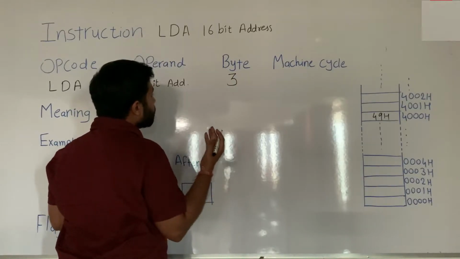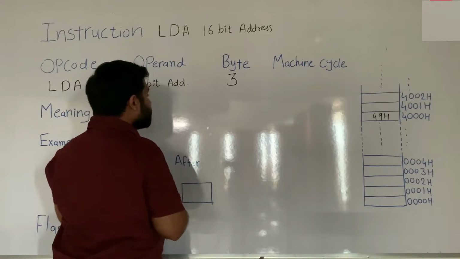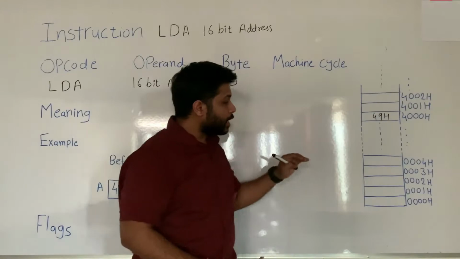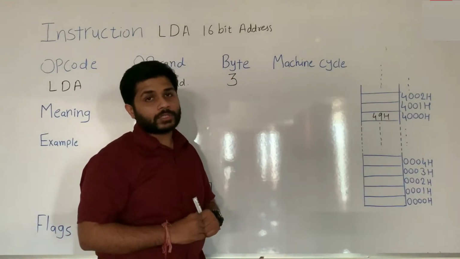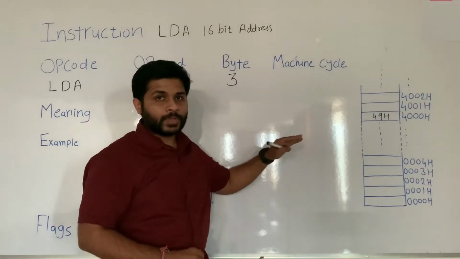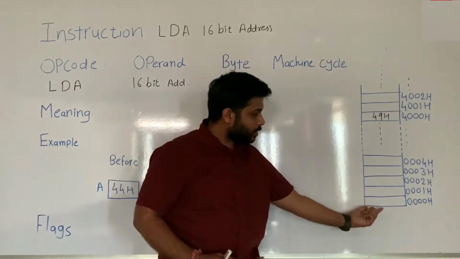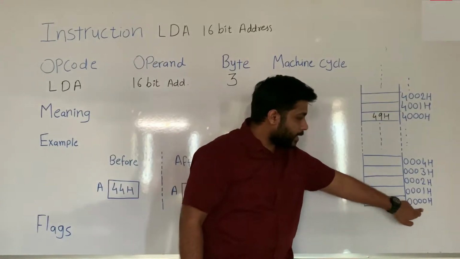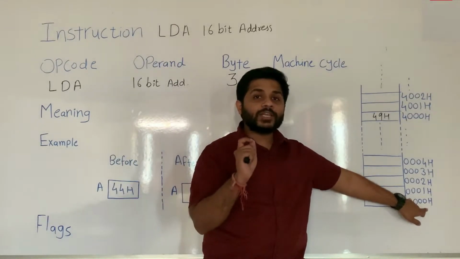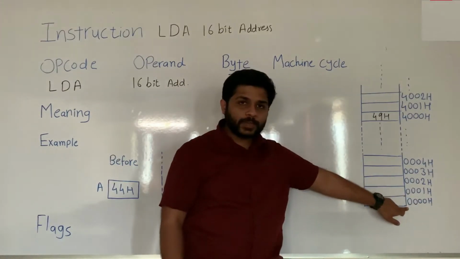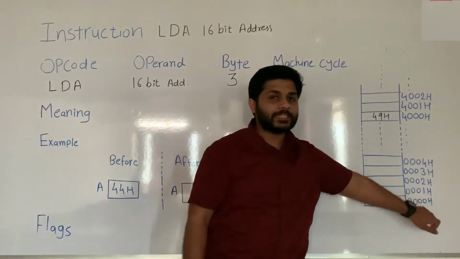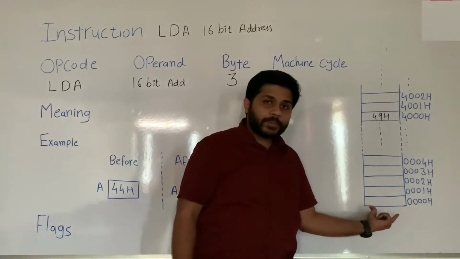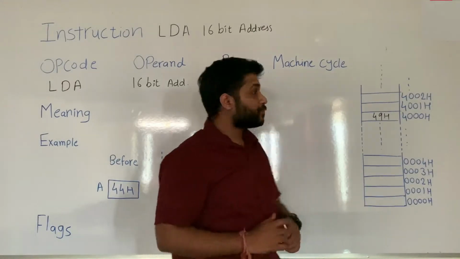Now what is the meaning of a 3 byte instruction? It means that when this instruction is stored in the memory, it will occupy 3 memory locations, 3 bytes. You know that one memory location can store 1 byte, meaning 8 bits of data, and the address of one location is 16 bit. It is represented in hexadecimal. If you convert it into binary, you will get 16 bits. So the address is of 16 bits and the storage capacity of one location is 8 bits.